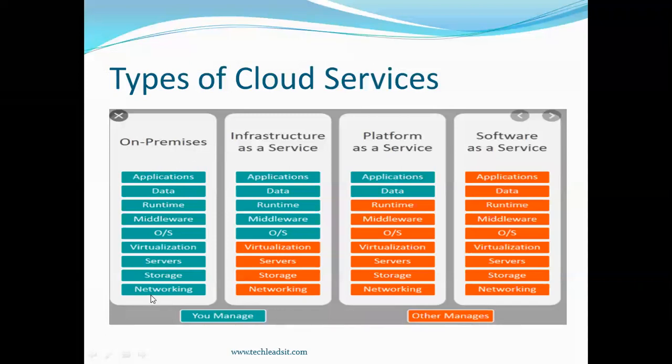Everything is hosted by our organization itself: applications, data, server, storage, networking, operating system, everything. Oracle just provides an application and support, that's it, in the on-premise model. Okay, these are the various cloud services in our Fusion applications.